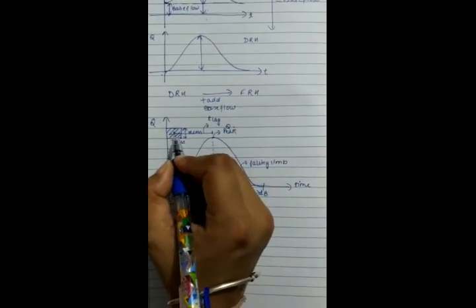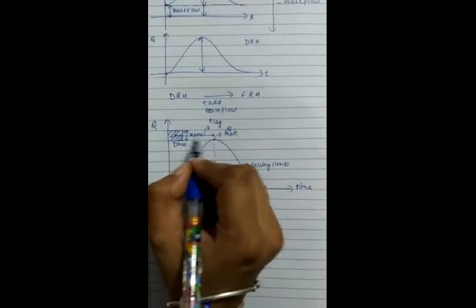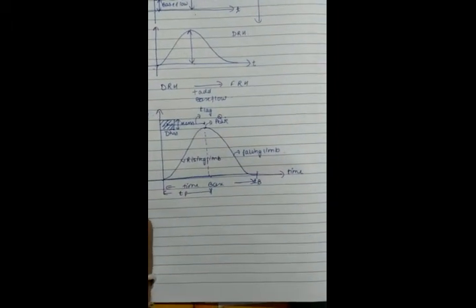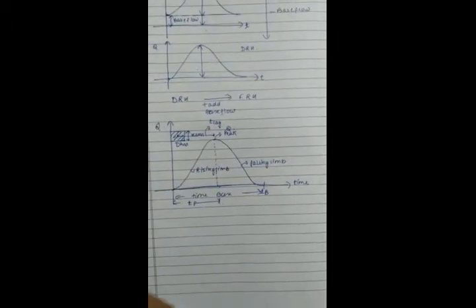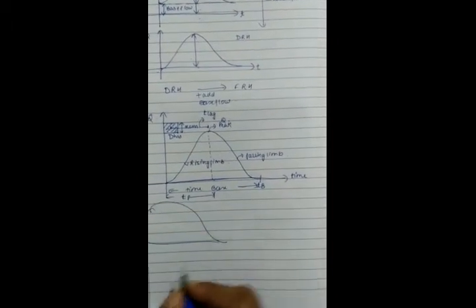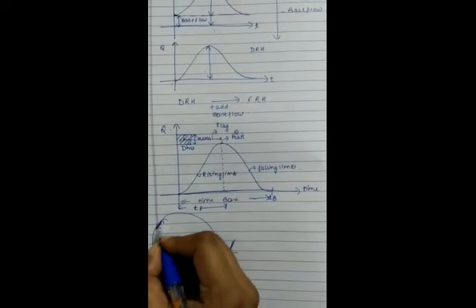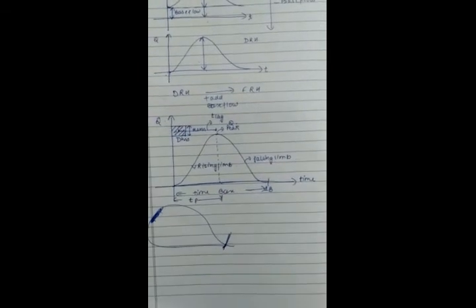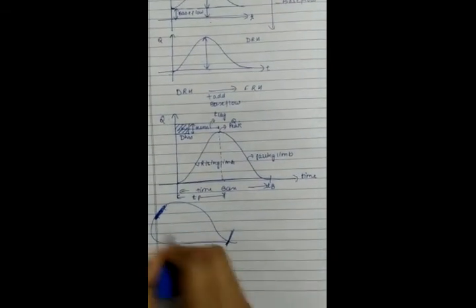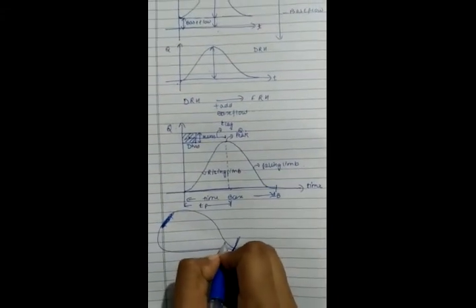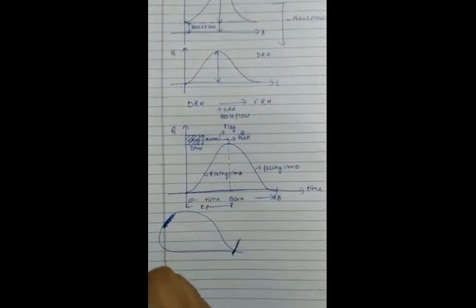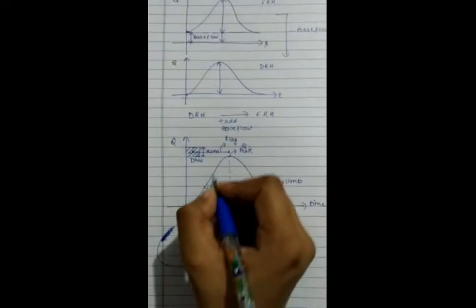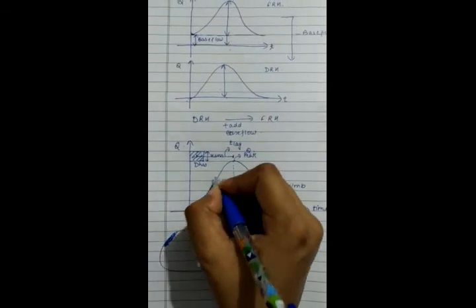Why is this lag time occurring? This lag time is nothing but the time difference between the peak discharge and the peak rainfall. So you see, this is the lag time. Why is it occurring? Because it takes time for the water to reach the outlet. Suppose I have a catchment. By the time the water which is here reaches the outlet, it will take some time. By the time, maybe rainfall has stopped. So both the times will not be the same. The time at which peak rainfall occurs and the time at which peak discharge occurs will not be the same. Whatever is the time difference, that is called lag time.